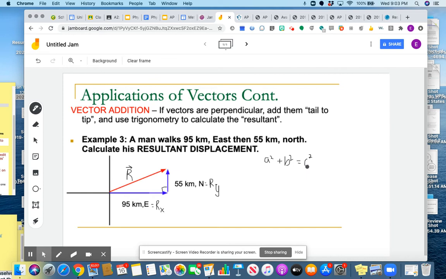So technically, a is the x component of the vector squared. B is the y component of the vector squared, and that is equal to the resultant vector, also the hypotenuse, which we use a capital R to represent, squared. If we're looking for R, we want an equation in which R is by itself. To do that, we take the square root of both sides of the equation